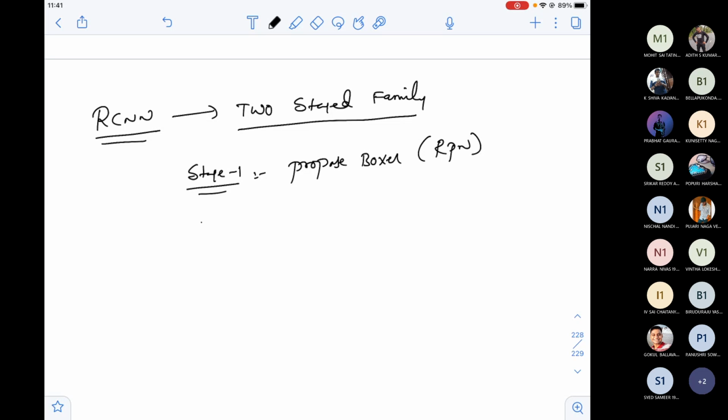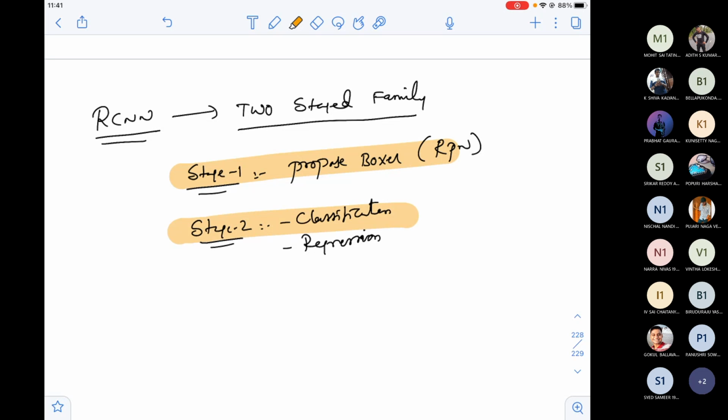After proposing the boxes, you go for classification of the object in that, and you're also drawing the bounding box around it. That's regression. So you need to go through these two stages in a serial fashion. Unless you propose all the boxes, you can't go for classification and regression. So why should I go for a two-stage process? Can I reduce this and make it a one-stage process?